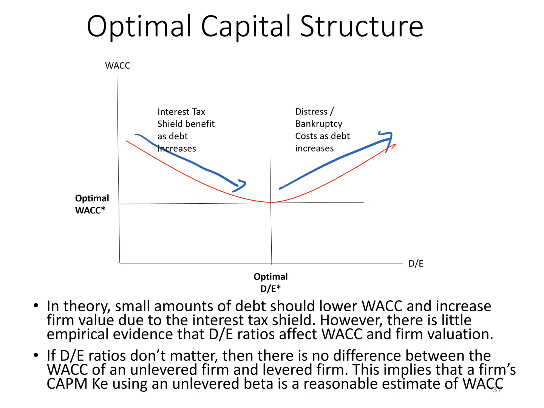So say a firm currently has a 0 D/E ratio and has this current WACC. And since a 0 D/E means there's no debt, the current WACC is their CAPM cost of equity. And then if the firm issues a little bit of debt, and it's a really safe firm, a firm that doesn't really have that much business risk, you would think that by issuing a little bit of debt and taking advantage of the tax deductibility of interest, you'd probably lower your weighted average cost of capital and increase the value